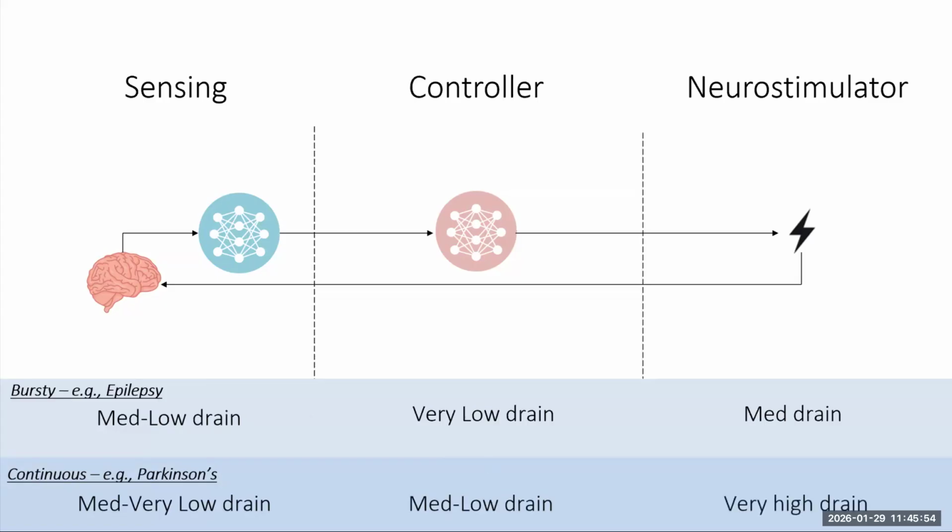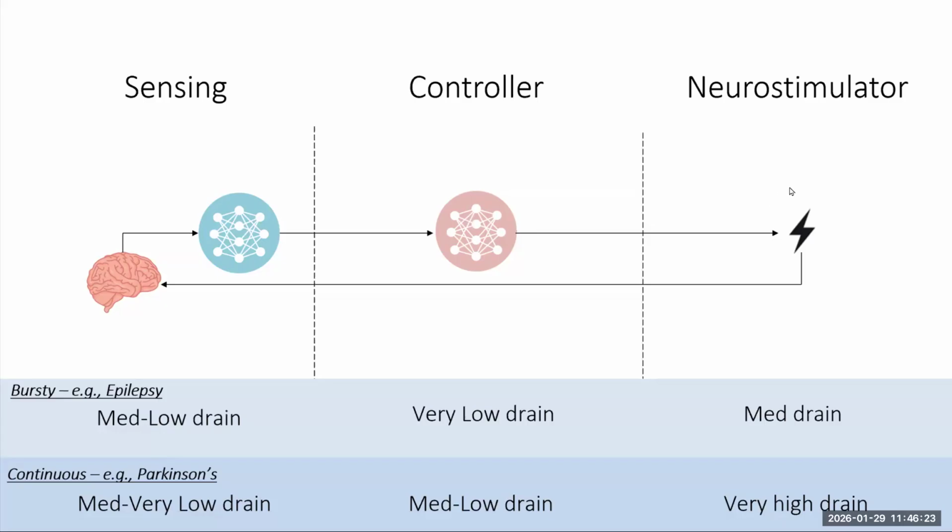Your stimulus is more continually going to be on. What I want you to really pay attention to here, though, is which of these three requires a neural net? You don't require it, but which of these three could benefit from a neural net? Well, the sensing that says, yeah, there's a seizure or no, there's a seizure, that could benefit from a neural net. You could have a neural net in your controller that says, given what I've sensed, should I activate the neurostimulator? But the neurostimulator itself, that's kind of on its own.